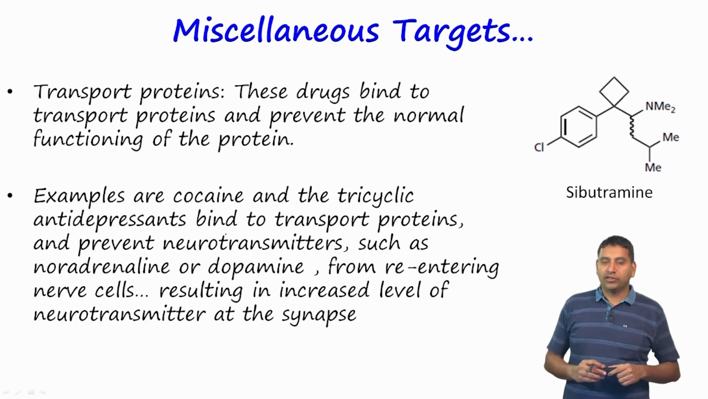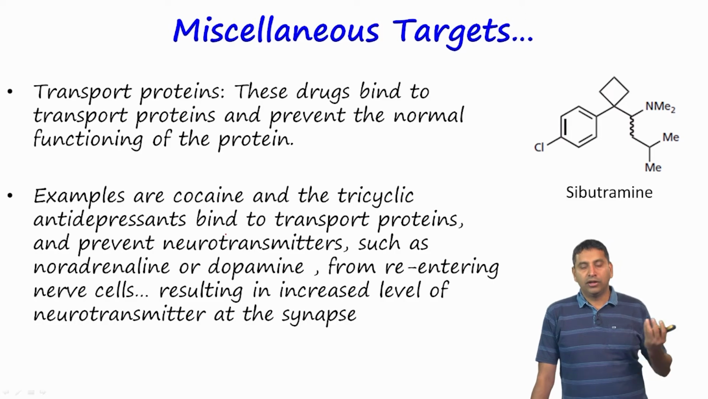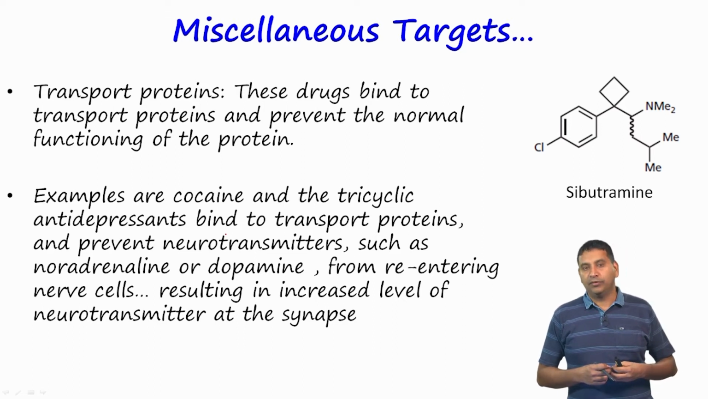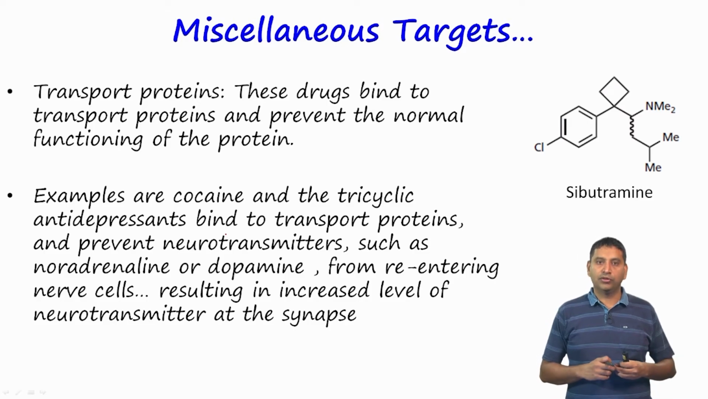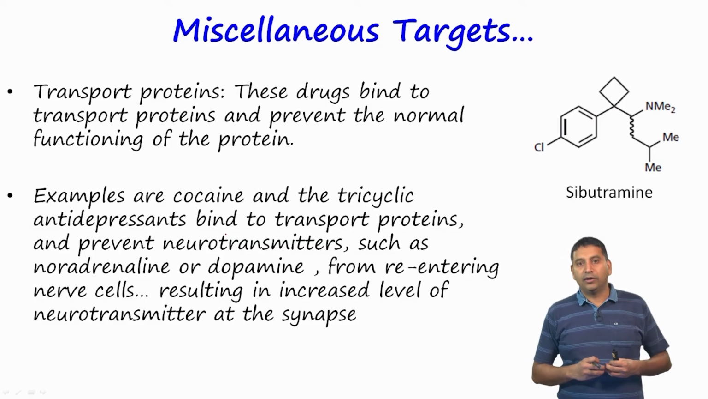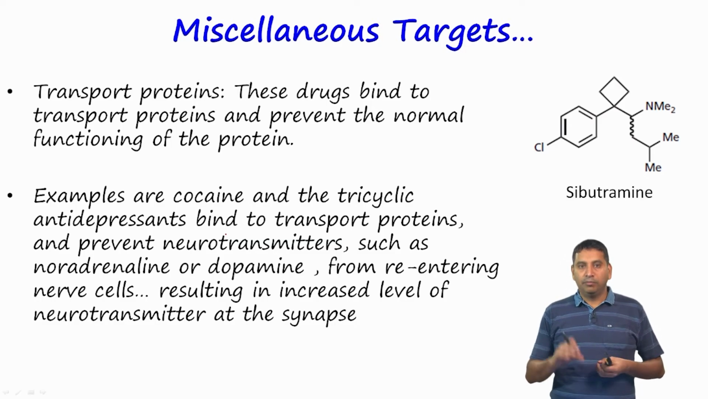Now, let us look at some other miscellaneous targets. We have looked earlier at what transport proteins are. These are proteins which help in transporting important metabolites. For example, we can look at amino acid transporters or transporters of neurotransmitters and so on. There are drugs which can bind to these transport proteins